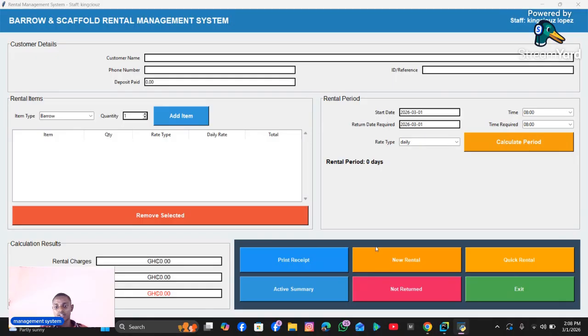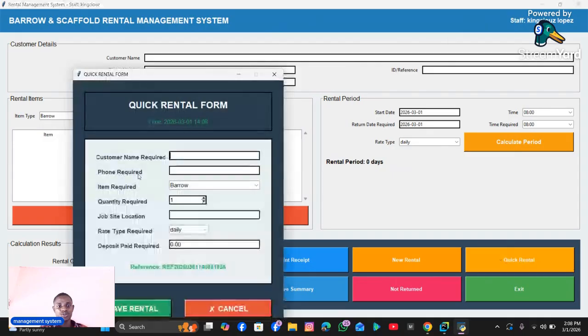And you have the new renter. It allows you to create a new renter, quick renter. Quick renter shows a format in a table form like this for you to enter particulars. You have the quick renter form. It allows you to enter a customer name. So in case a person is coming to rent an item, first what we do is take the customer name. We take particulars of the person,